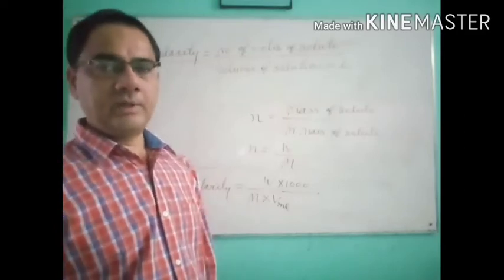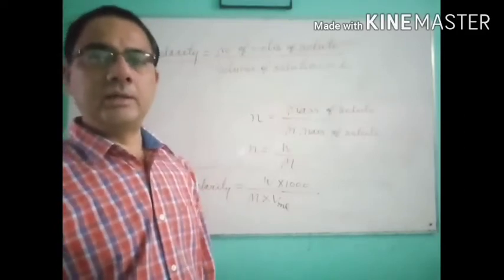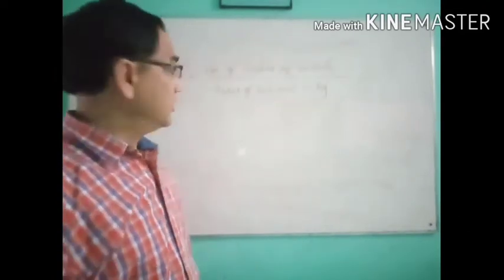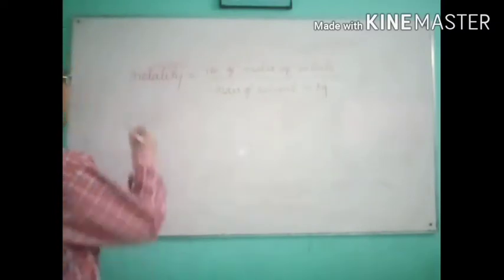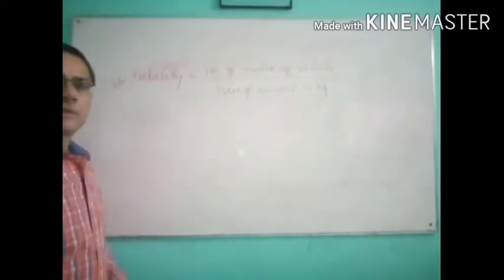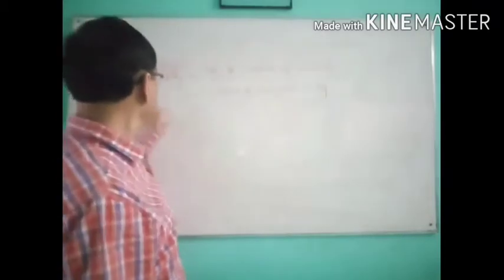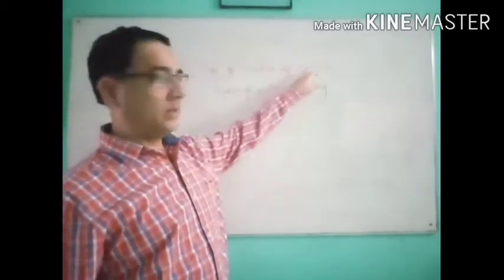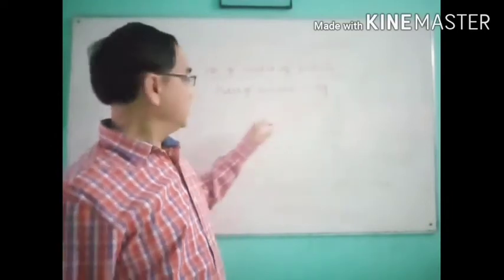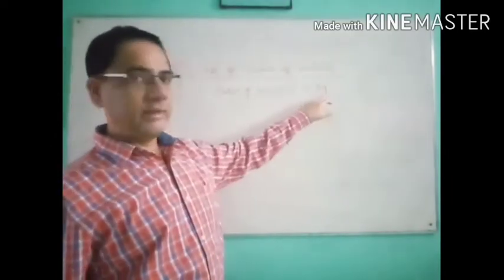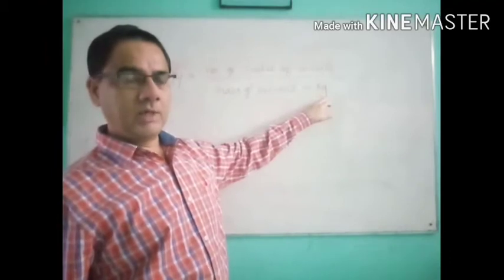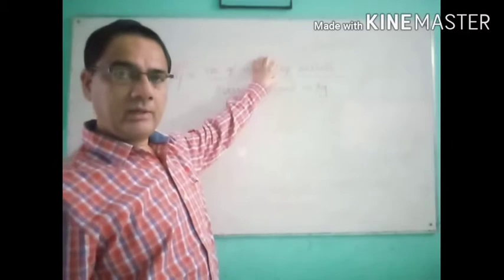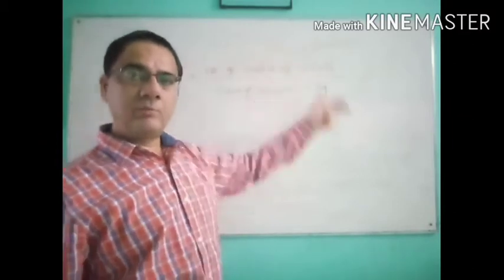In the same way, there is a next way to calculate, and that is called molality. So next way to calculate, that is the fifth way to calculate the concentration of the solution, and that is molality. And what is the formula of molality? That is equal to the number of moles of the solute upon mass of solvent in kg. If in the question number of moles are given directly, you put the value directly. Otherwise, we use the formula of number of moles.